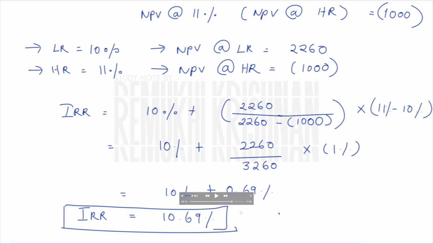So till now we have seen the steps for finding the internal rate of return under the annuity method. The annuity method is used whenever there are uniform cash inflows. Then I taught you the trial and error method, how to find the internal rate of return under it, with the help of the present value annuity factor table. Okay, what if the present value annuity factor table is not provided in the examination?